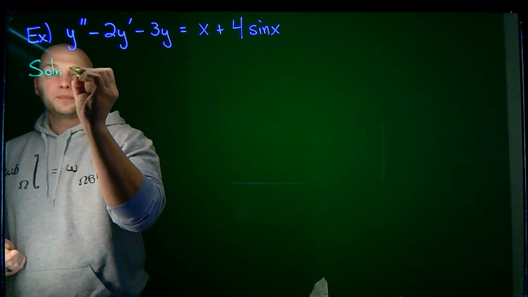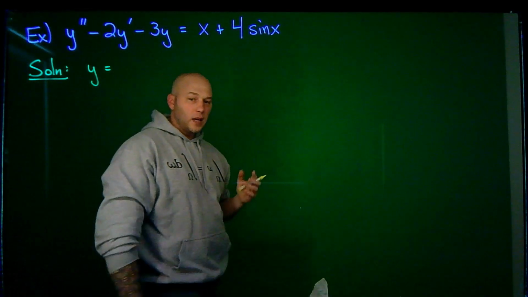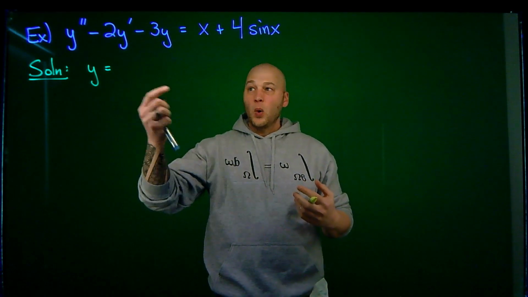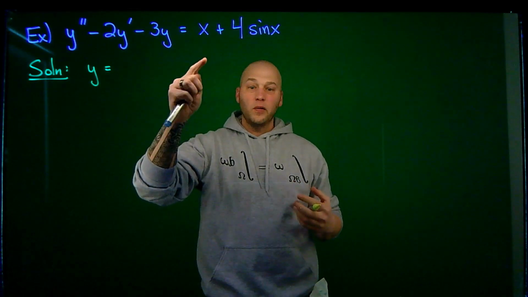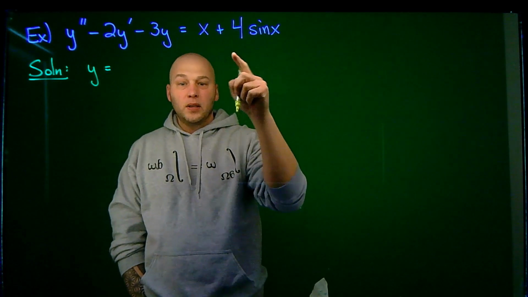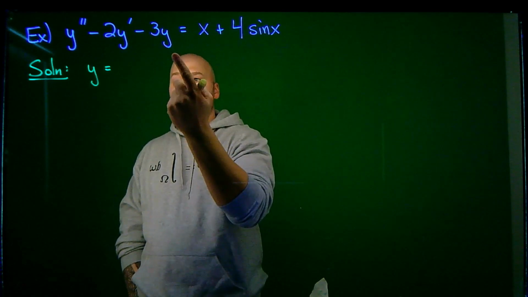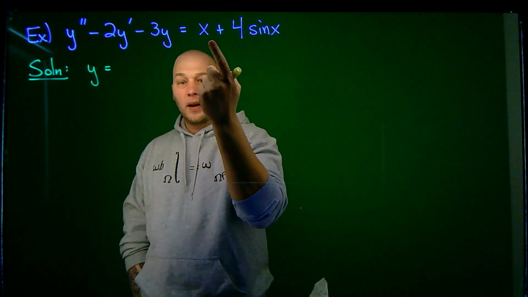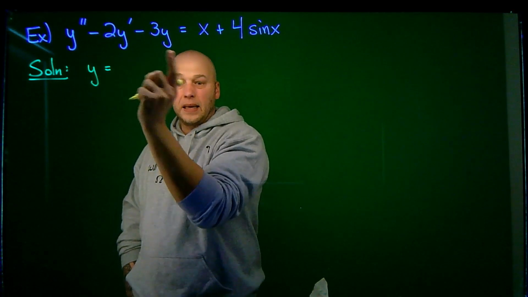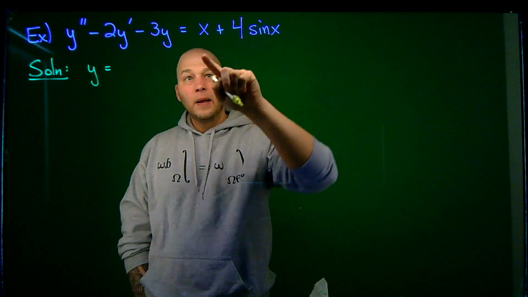So, solution. Now, if I was to take a function and take its derivative and its second derivative, and then take that linear combination, what sort of terms could we get to generate this? Well, if I have, let's say, a polynomial term, let's say I've got an x squared. If I differentiate that, I would get 2x. So I've got an x term here. However, if I take that x squared term and plug it in here, that's probably not going to cancel because the derivative would be a lower degree term. So there's no way I'm going to be able to cancel an x squared,